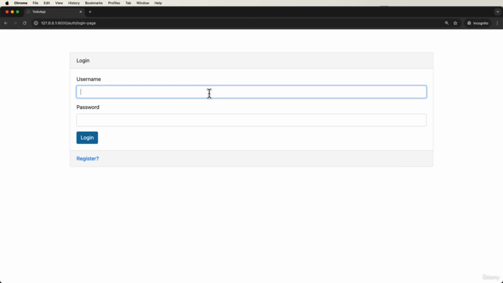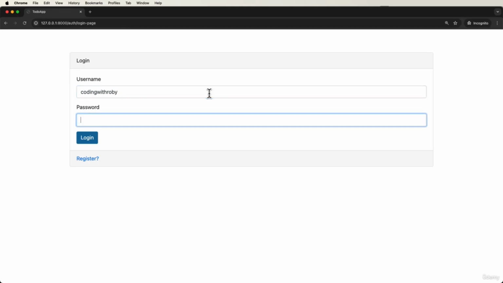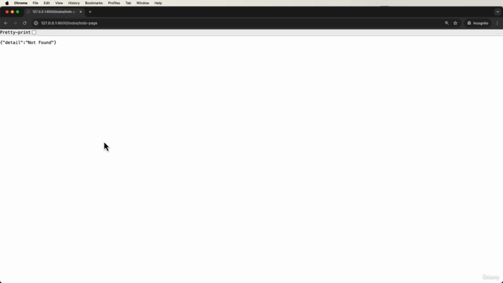What we can do is type in our username and password. So I'm going to say coding with Roby with password test1234! And I'm going to say login. So what it tried to do was go to this to-do page, and that's going to be our future page, and it's getting handled by the JavaScript. So if we go back into our code,